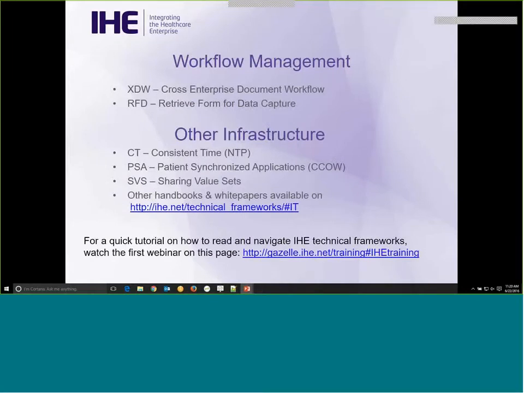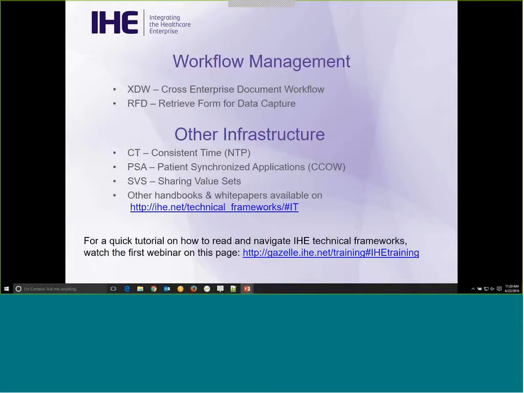We said earlier some ITI profiles provide technical underpinnings that are customized by other IHE domains like patient care coordination or quality research and public health. We have a couple of examples here. First, RFD. RFD defines a general form-based exchange of data, and the quality research and public health domain has defined profiles for exchange of custom forms for public health use cases such as early hearing detection, family planning, drug safety, vital records death reporting, and more, and all those based on the RFD profile.